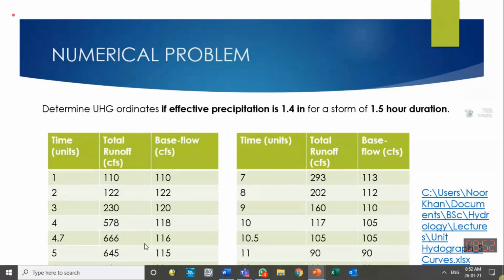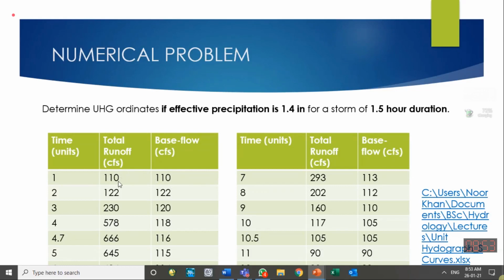So when you have all the direct runoff, and if it is in Q6, then you have to convert it into the cubic feet, and then you have to convert it into... no need to convert it into cubic feet, I think. So this is the direct runoff ordinate you will be getting in Q6 units. Sometimes we have it in inches, sometimes in discharge unit, both can be used.